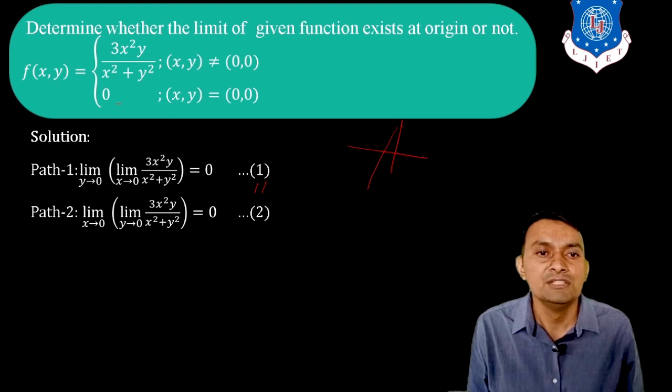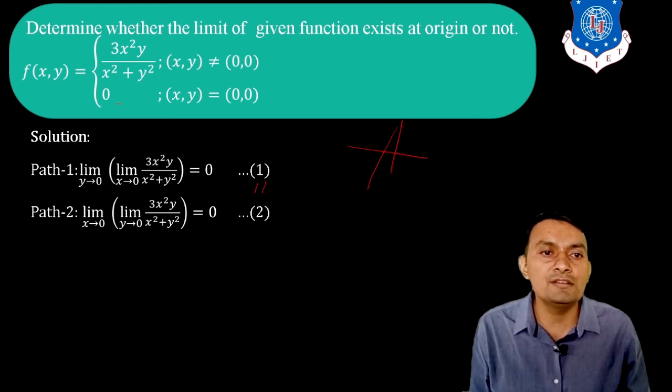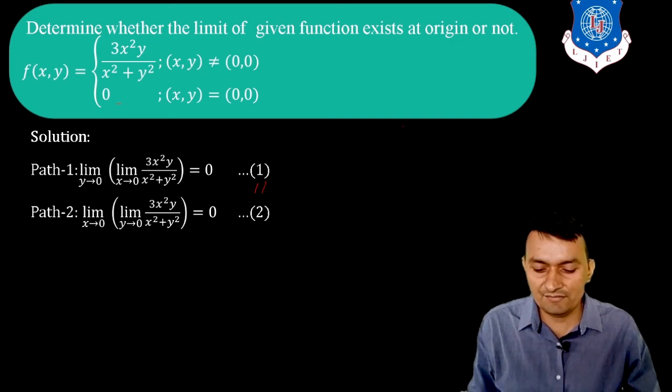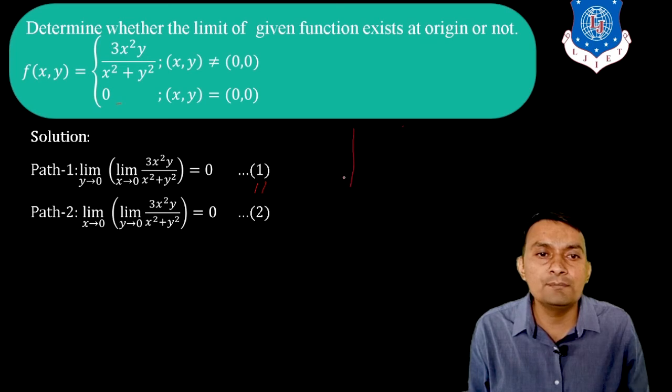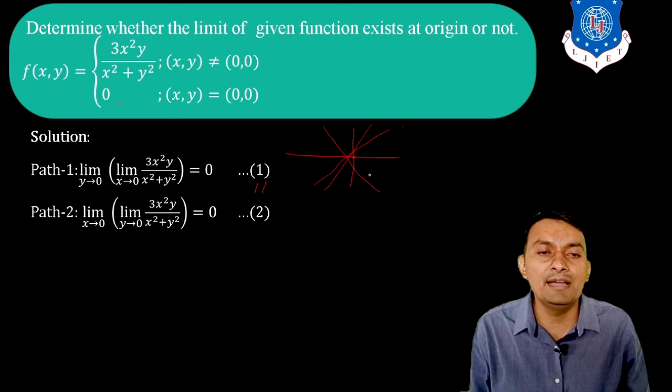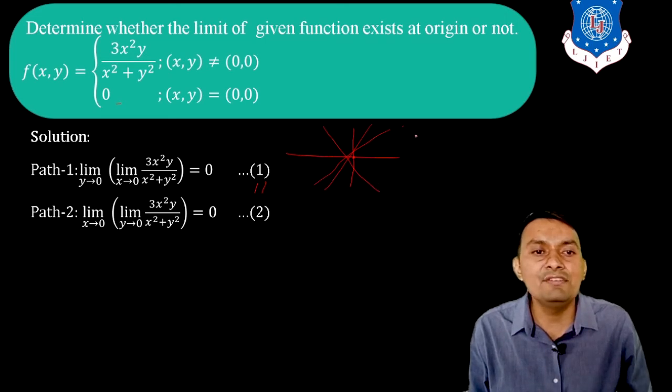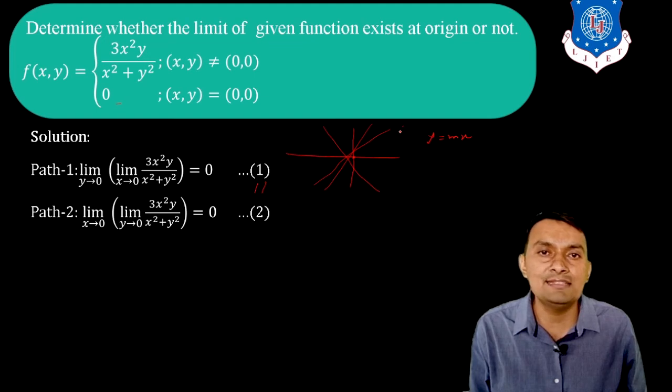So in that case, you first have to decide what you want to determine. Here we are going to determine the limit at the origin. For that purpose, we consider this the center. Which curves are passing through the origin? We can say y is equal to x, y is equal to minus x. In general, we observe that y is equal to mx is a curve passing through the origin.